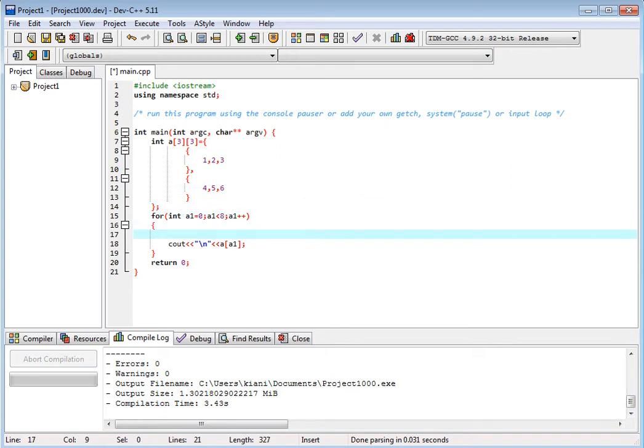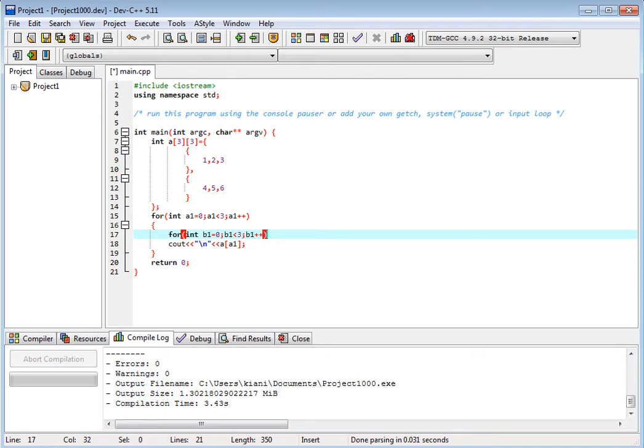How to print it? We use another for loop. For integer b1 is equal to 0, b1 is less than 3, this should be 3, this should be 3. Okay, b1 plus plus, increment, right?